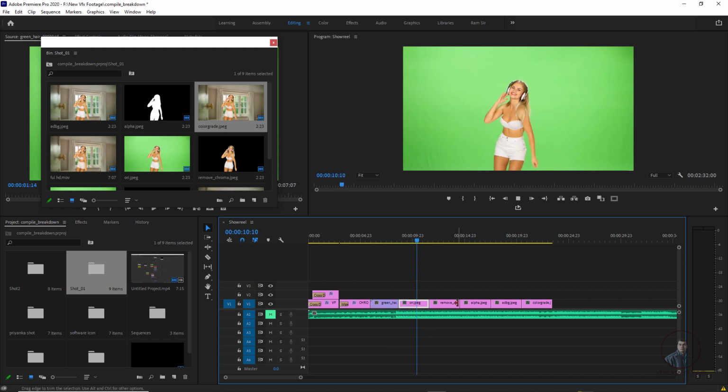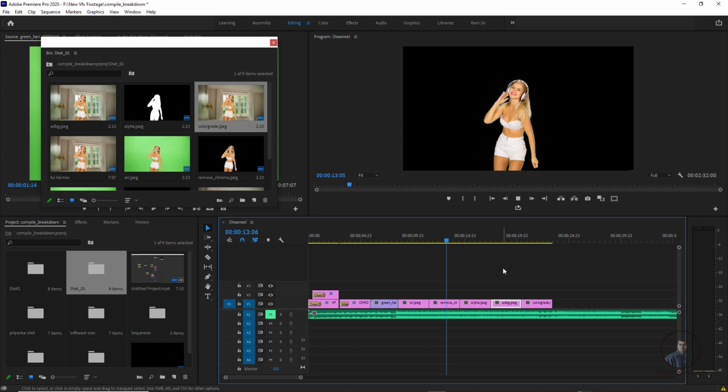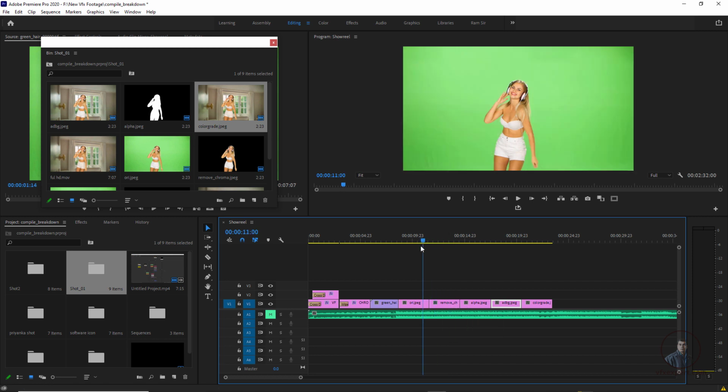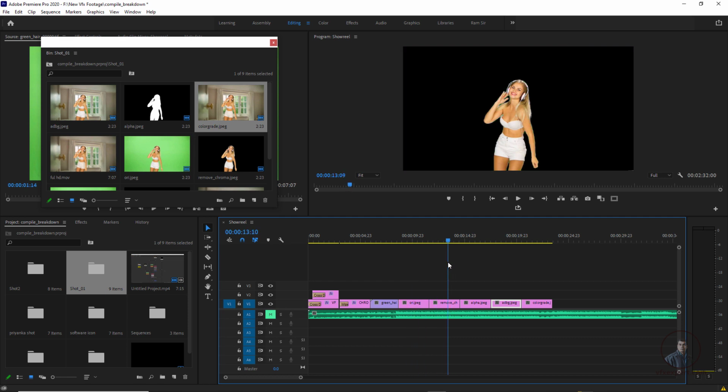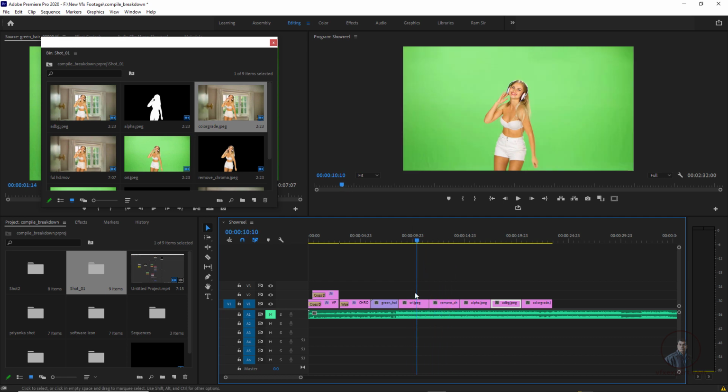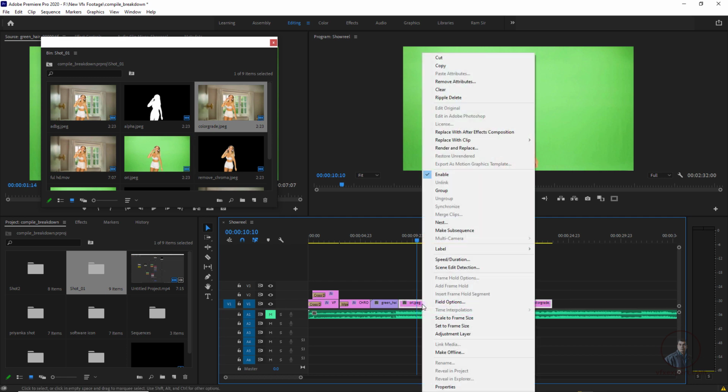So now guys, if you see here, whatever breakdowns I have placed here, these are actually still images, so they are displaying here for a long time. You can see here. We want to display them for maybe 1 second, not 3 or 4 seconds, because by default this totally depends on Premiere Pro preferences. But here I want to display these images only for 1 second. So what we can do is select all these still images, then right click on these images and click on speed and duration.